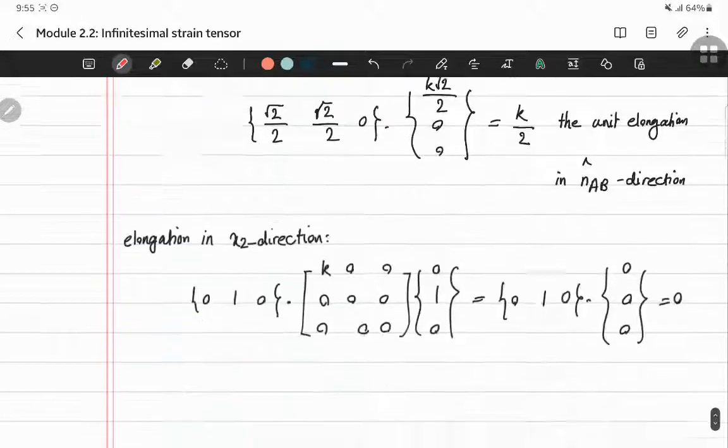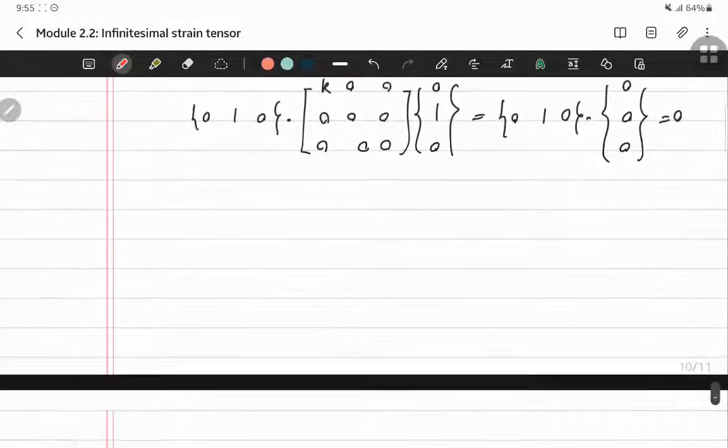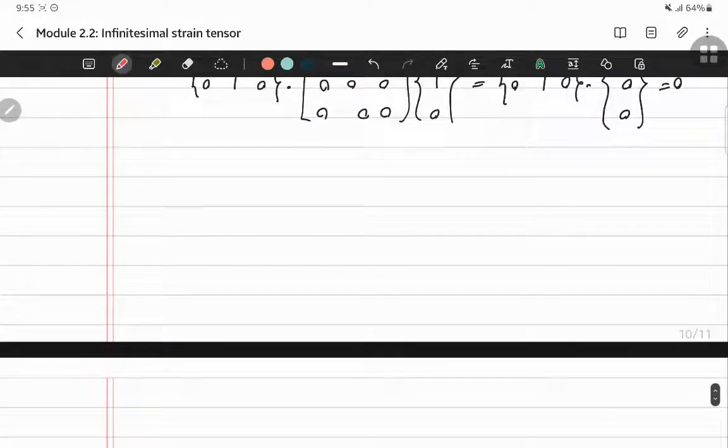There's also another topic which we already discussed, and it's very, very simple. It's the eigenvalues and eigenvectors of a tensor. Since E is a symmetric tensor, we expect that it has three real eigenvalues and three vectors. So we call them principal